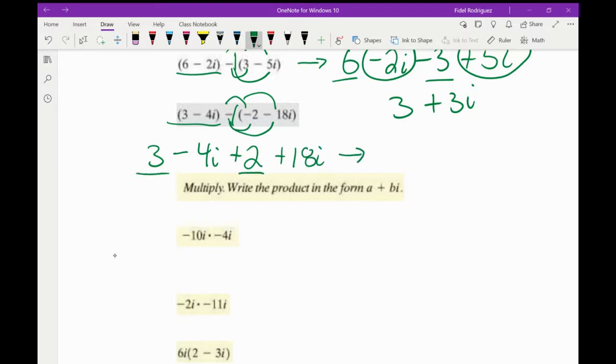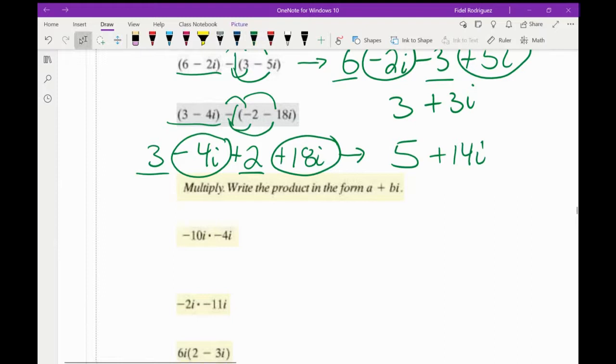And so now let's combine these. 3 and 2 is going to give us 5. And a minus 4i and a plus 18i is going to give me a plus 14i. Okay. And so, like I said, all we're really doing is just combining like terms, right? We're just combining like terms here.